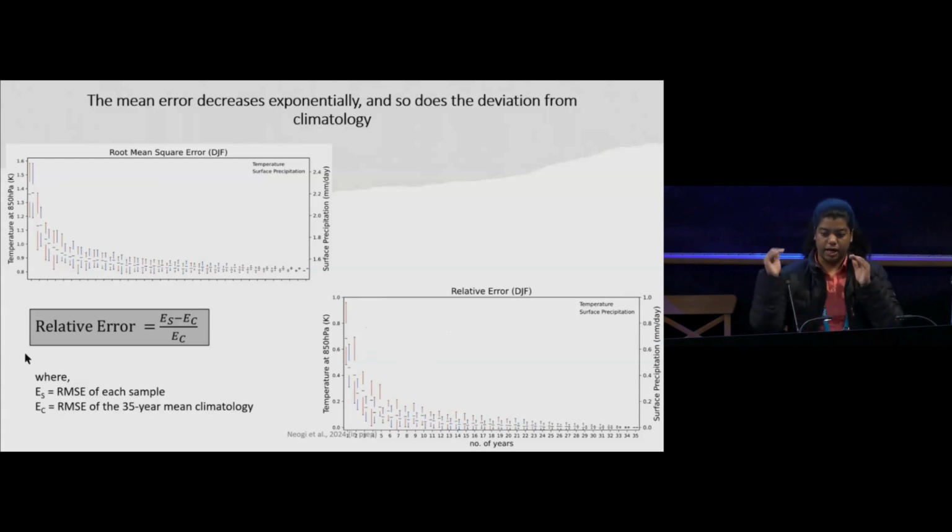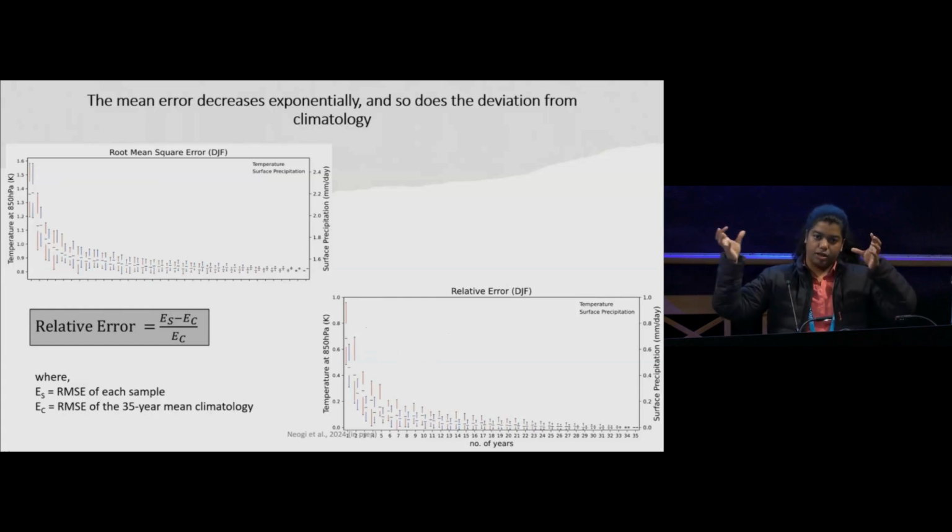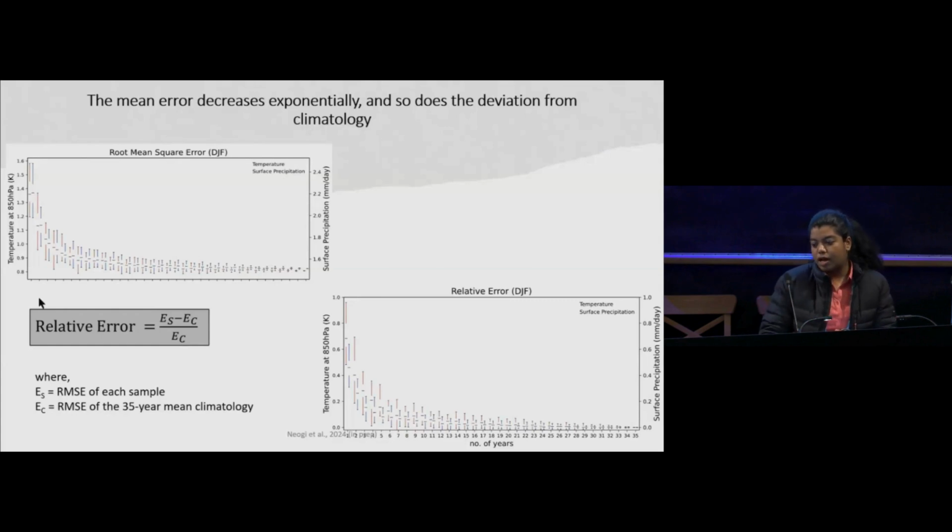We selected short samples from the 35-year simulation in combinations of 1 to 35 years. So you have a 1-year sample, a 2-year sample, till you go to a 35-year climatology. And these are randomly selected multiple times, in order to reduce the noise from these samples.